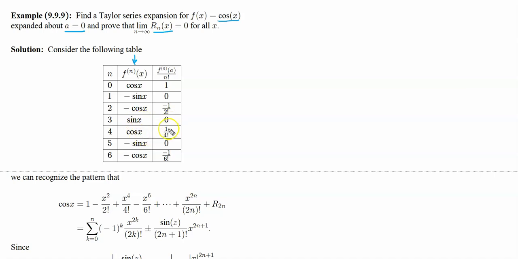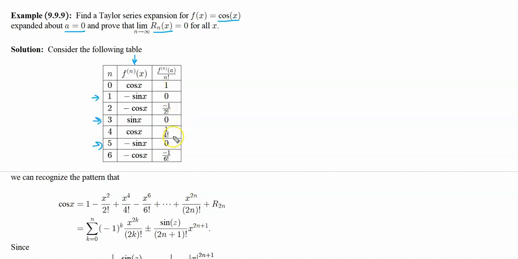Cosine of 0 is 1, and then we divide by 4 factorial. Negative sine of 0 is 0, and negative cosine of 0 is negative 1, and we divide by 6 factorial. So now we see a pattern: 1, 0, negative 1 over 2 factorial, 0, 1 over 4 factorial, 0, negative 1 over 6 factorial. So we see that whenever n is odd,